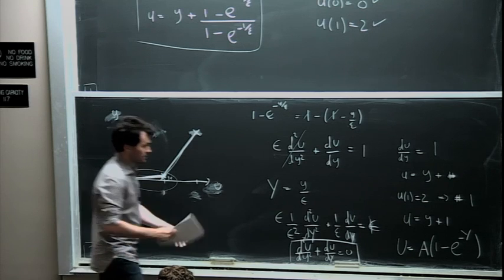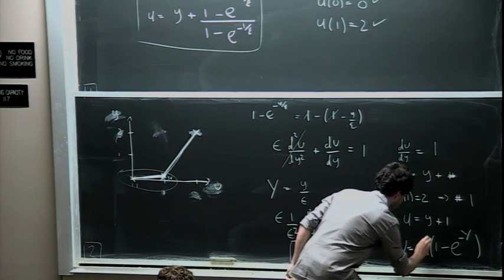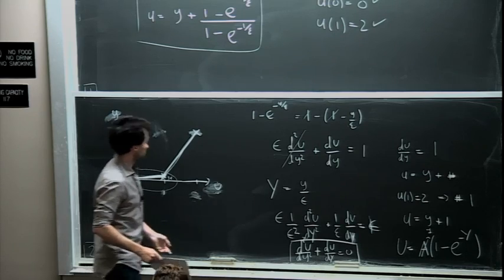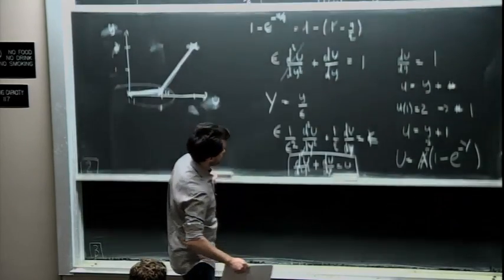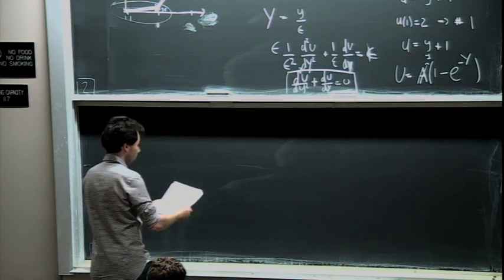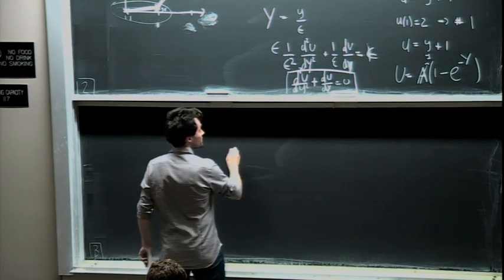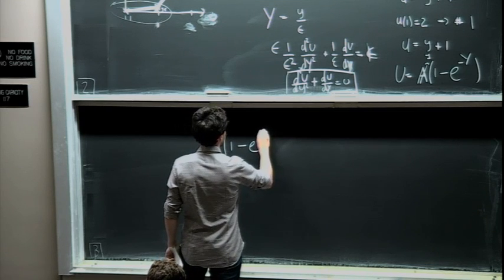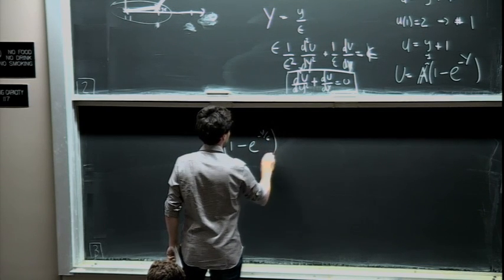Which was 1. So that fixes a to be equal to 1. And so now what we've done is we found ourselves two solutions to our problem. We have a solution which is 1 minus e to the minus y over epsilon